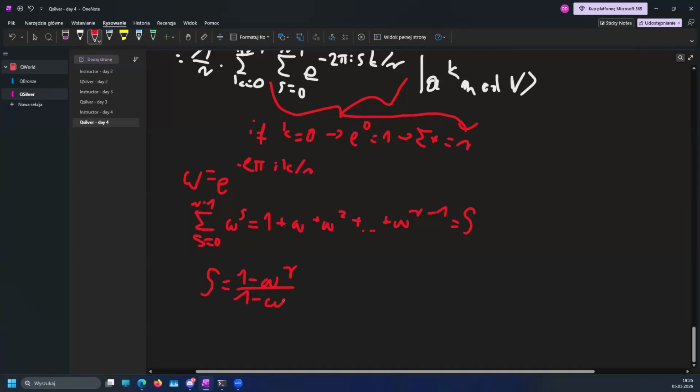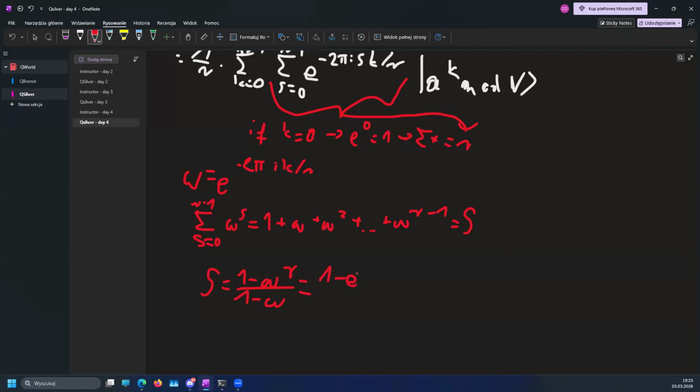Yes, this formula is pretty easy to derive. You basically need to raise the summation to the second power and then calculate s minus omega times s, and it will give you the thing that we have here in the upper part. Now if we plug in the definition of omega, we will get 1 minus e to the power of minus 2 pi i